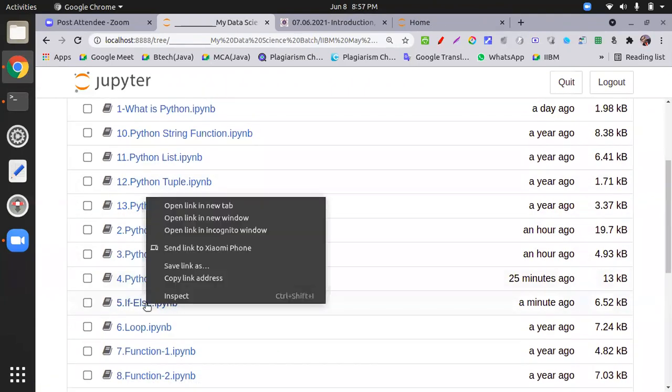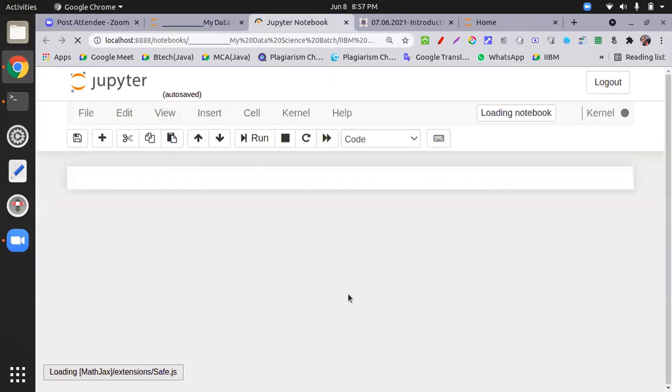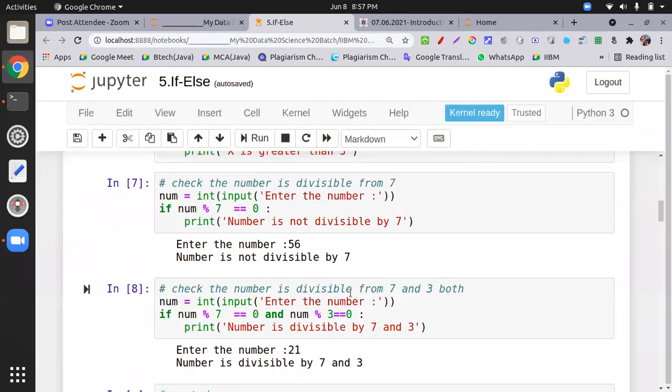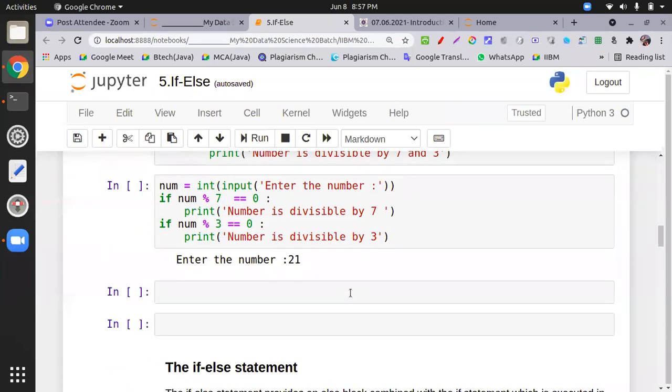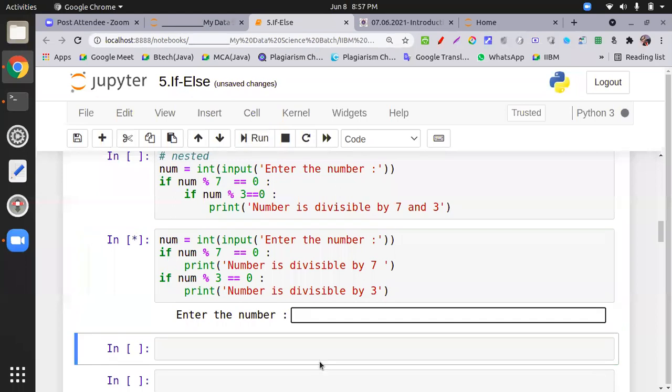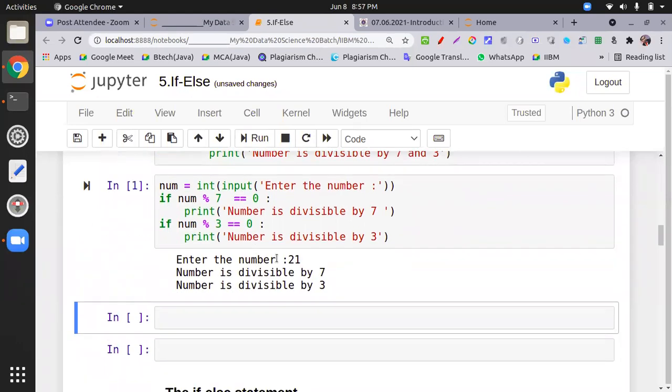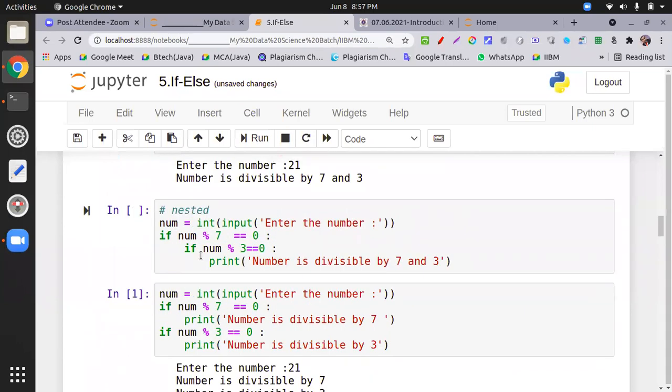Python operators if else. I hope I have my data. Data is not lost. Yes, I have my data. So the first condition is whether it is divisible by 7. The second condition is whether it is divisible by 3. Same thing. Now you can see the difference from nesting.